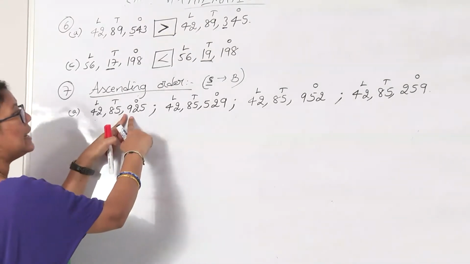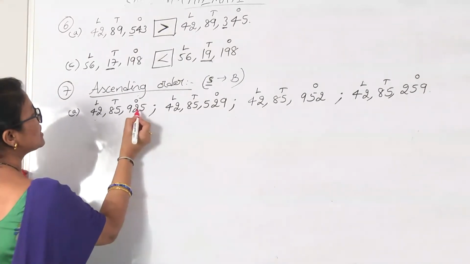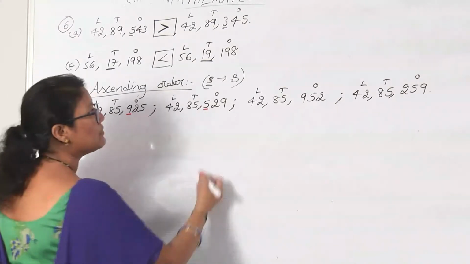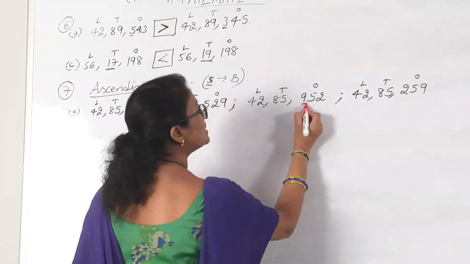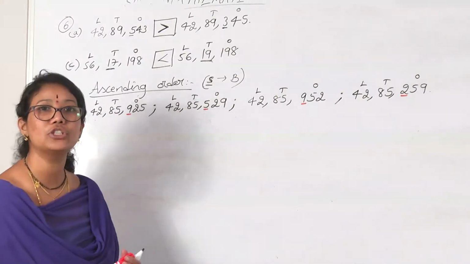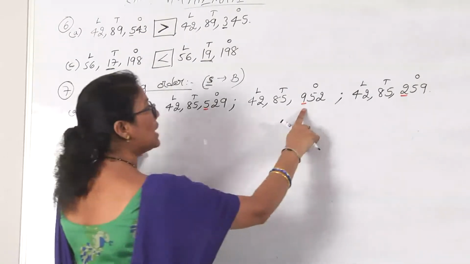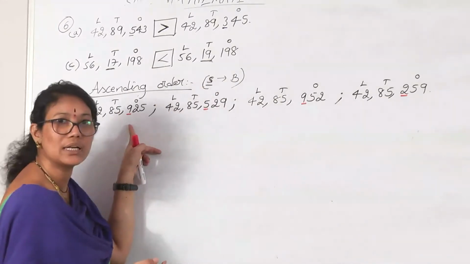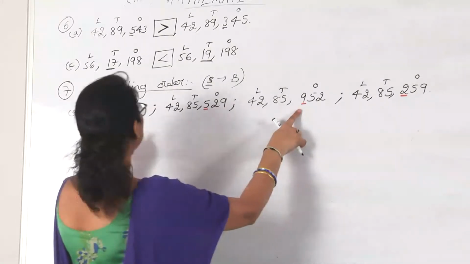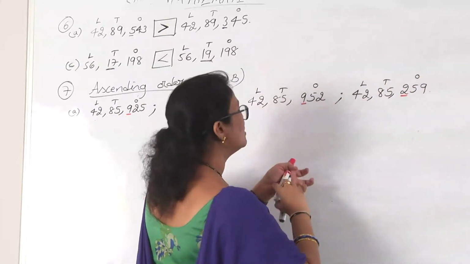Here under ones place, better you start from hundreds place. This is ones, tens and hundreds. Here it is 9, right? Hundreds place digit is 5, right children? Here hundreds place digit is 9 and here it is 2. Now it will be very easy to say which one is the smallest digit, whether 9, 5, 9 or 2. Which one is the smallest children? Come on, guess. 9 or 5 or 2. 9 is repeated here, right children? So from all this we can see 2 is the smallest one.